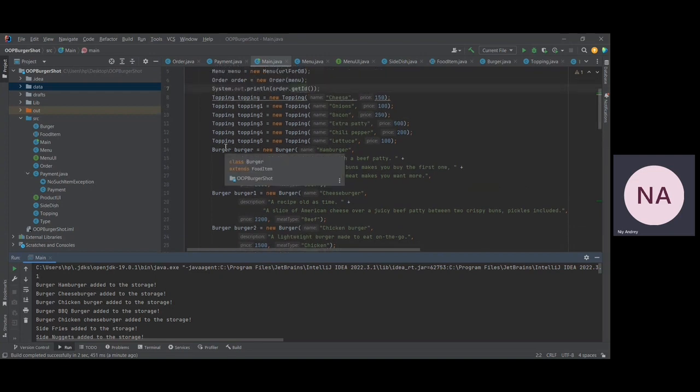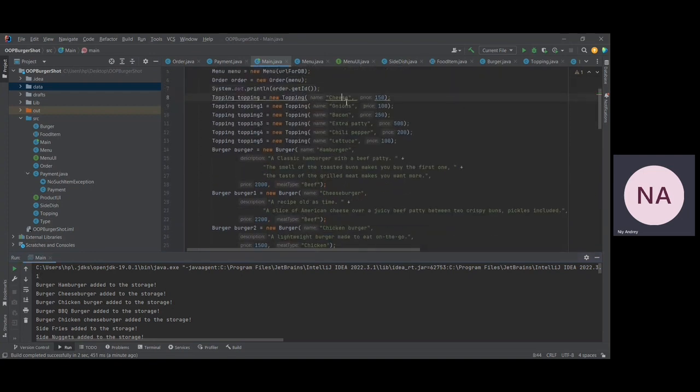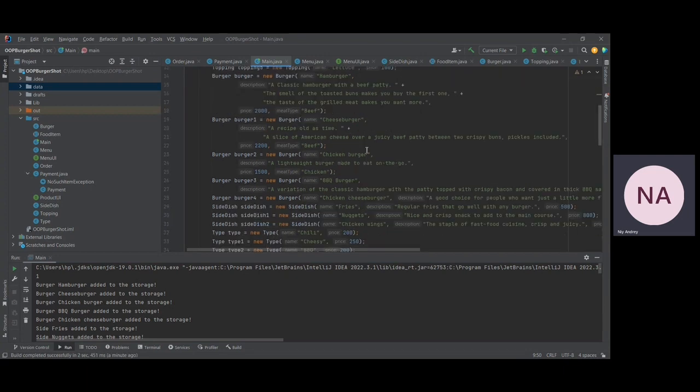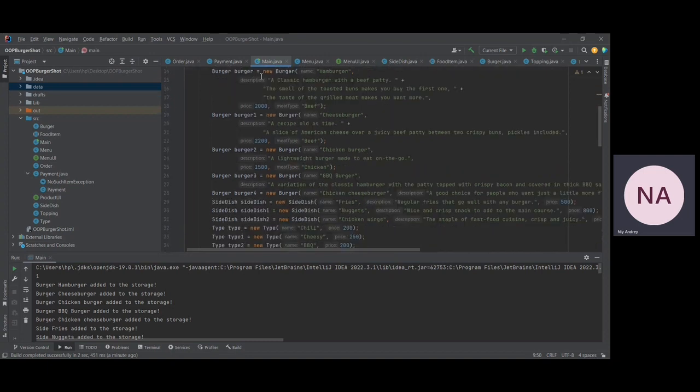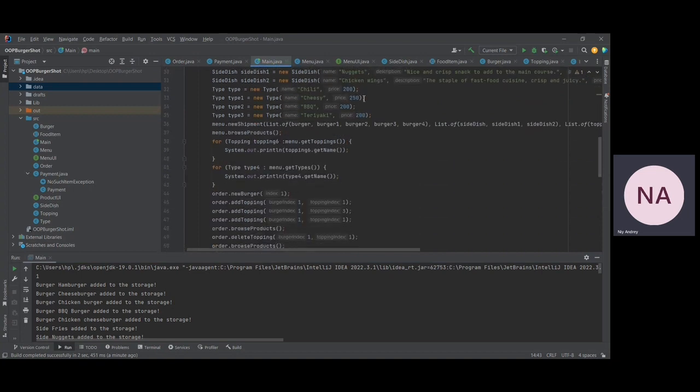Firstly we create everything in the program itself. They have all the necessary parts for their construction: 150, 100, 250, 500, 200, 100. Burgers are hamburger, cheeseburger. I will not list them here. Let's just say everything that could be declared is declared. The types are